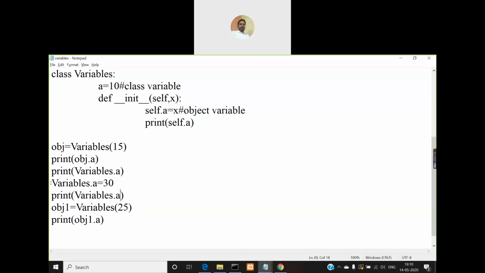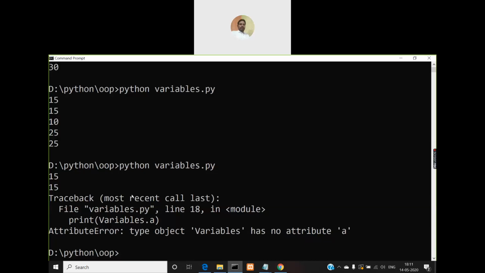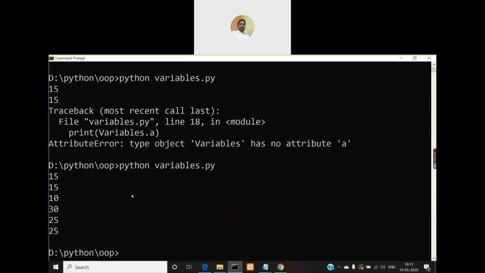Before this statement, when I printed the value of a using the class name, it printed 10, right? Now I modified it, and after that, if I use the same print statement, this will display 30. So let me execute it and show it to you. See, 15, 15, 10, and now you're getting 30.